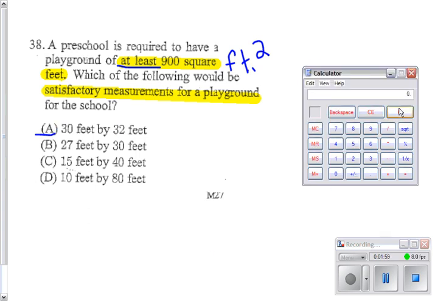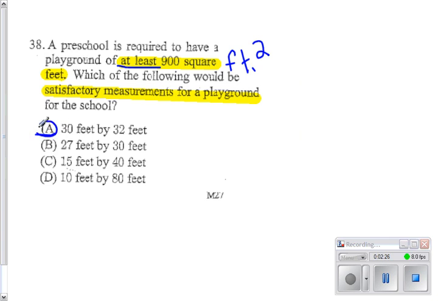And let's pull up the calculator here. We'll do 27. We'll just run through these right quick to double check. 27 times 30 is 810. That is not at least 900, so that will not work. 15 by 40, and you may be able to do these in your head, which is fine. That's 600, and that is not enough. And 10 by 80, we'll just add a 0 to the 80, multiplied by 10, so that would be 800. So the only one we're left with is answer choice A, which was